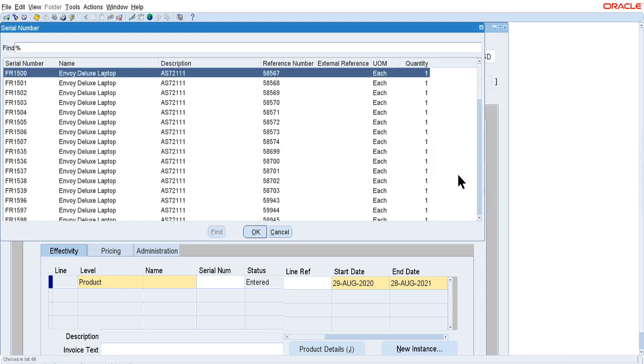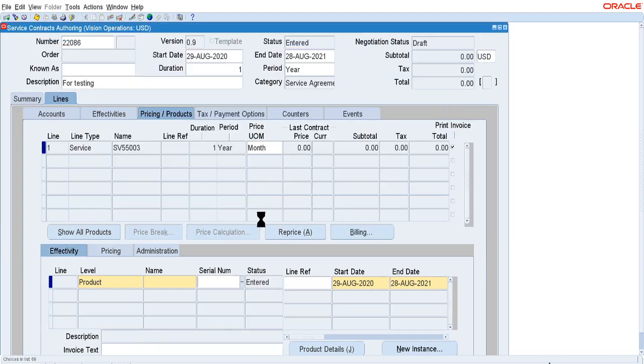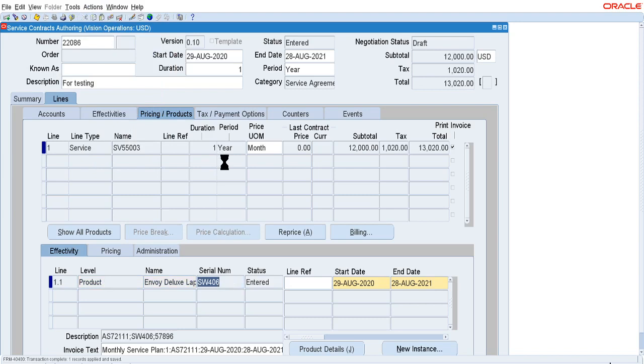We can take some other product lines, like this serial number I am taking. Because this product was already available with that other service contract, I am taking this, and then go to the actions and perform the QA check.